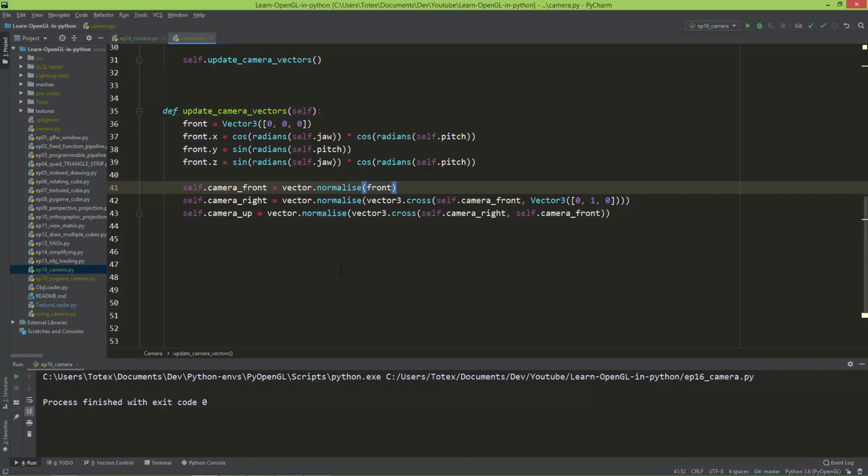So you can use vector dot normalize with an S, and as you can see, here it is also normalize with a Z. I'm going to leave it as normalize. Maybe it will be deleted later, I don't know, because I think the correct way is actually with the Z, normalize. So we are normalizing the front vector, and of course we are setting the self.camera_front to this normalized front vector. The camera right is calculated